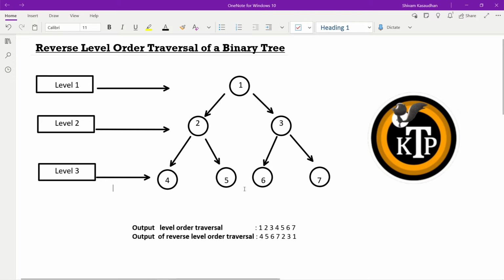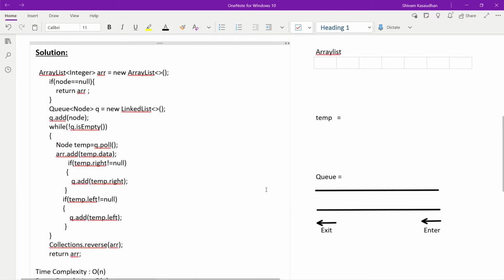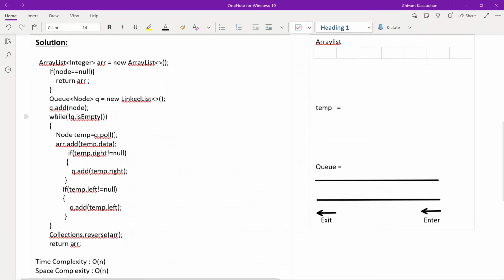So guys, in code also I haven't made a lot of changes. It's similar to the last code that I explained to you in the last video. I have just made some changes. While iterating in our while loop, last time we went for the left node first and then the right node, but in this case we first go for the right node, then the left node.